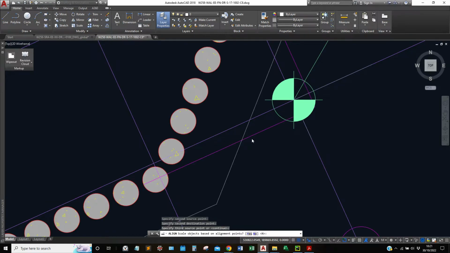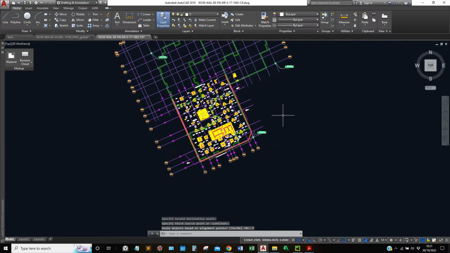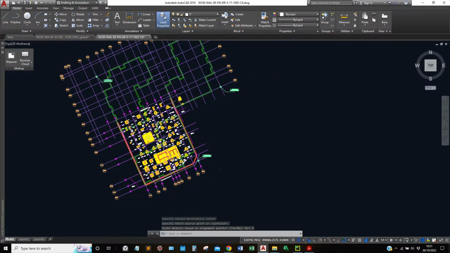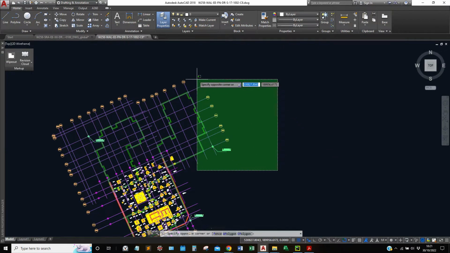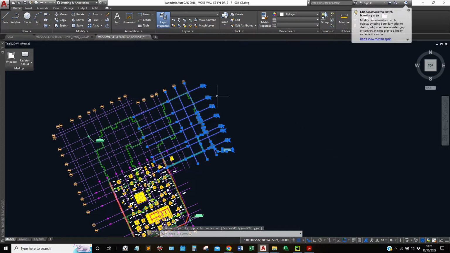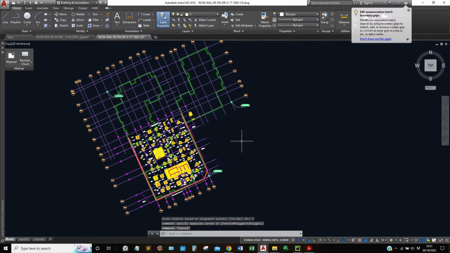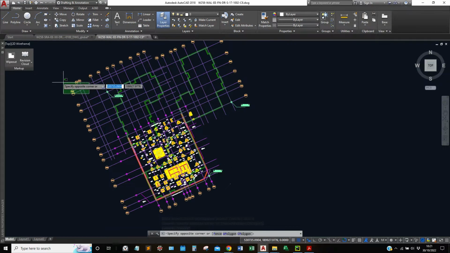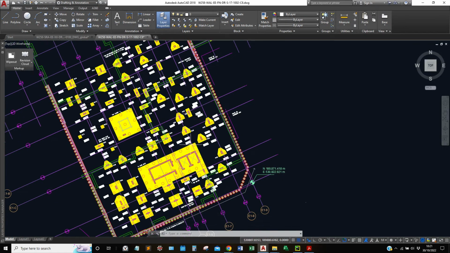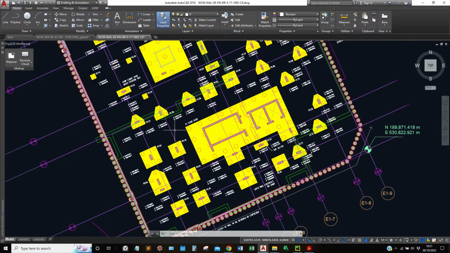So let me zoom out. Okay, so our drawing has now been moved to its correct position because our grid line was in the correct position. So this is how you coordinate your existing drawings by using your grid lines. It's very easy to do this. You can do this for any floor, roof, ground floor, first floor. This way you have your drawings coordinated, and now you can extract any information that you need, the position